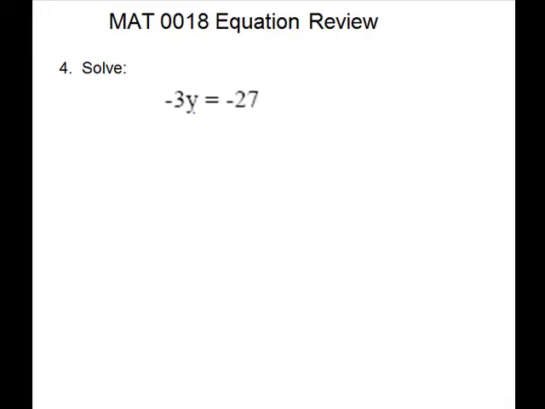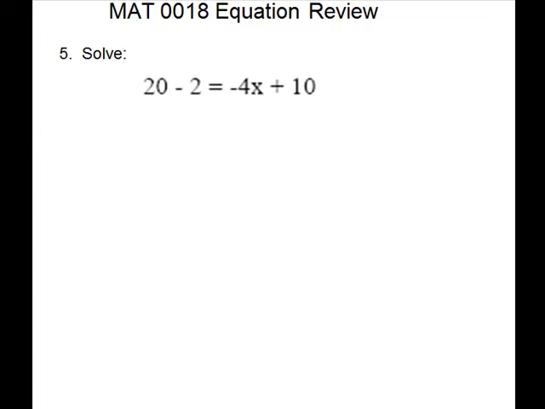When you divide, you always divide by the sign of the coefficient. So we need to divide by a -3 on both sides. We'll cancel, leaves us just y on the left equals 3 into 27 will go 9 times. You have 2 negatives. That's even with division, gives us a positive. Equation 5, we have some simplifying on the left-hand side. 20 minus 2 or 20 and a -2. Different signs, subtract,